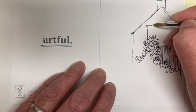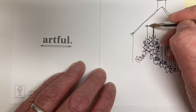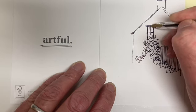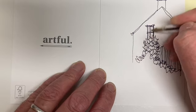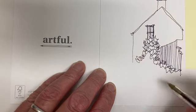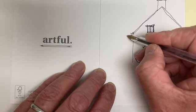And we could then begin to see how that might come together. Now,